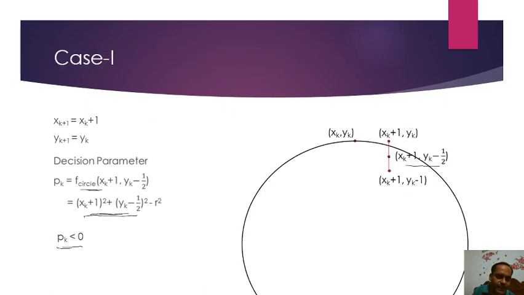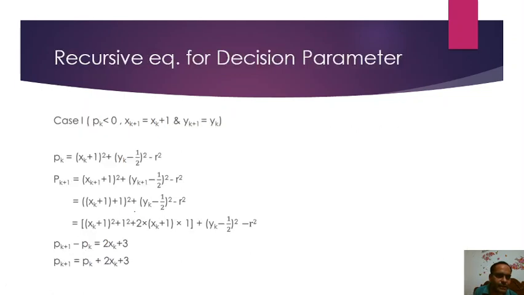So this decision parameter will decide whether the next point will be calculated by decrementing y or not. Now calculating this decision parameter every time will be a tedious task. Calculating this expression every time will be time consuming. Therefore we do some mathematical work to find a recursive equation for this parameter, so that calculating the decision parameter